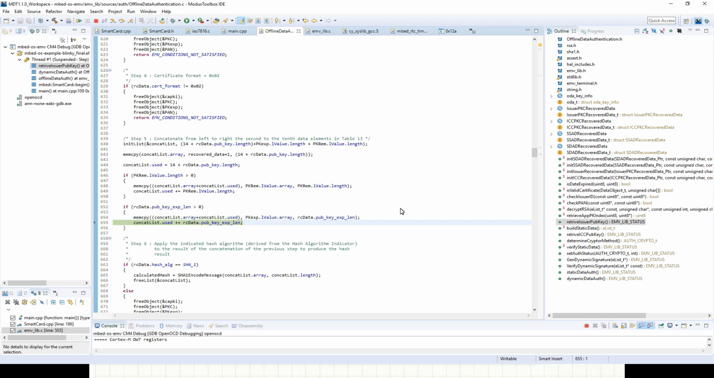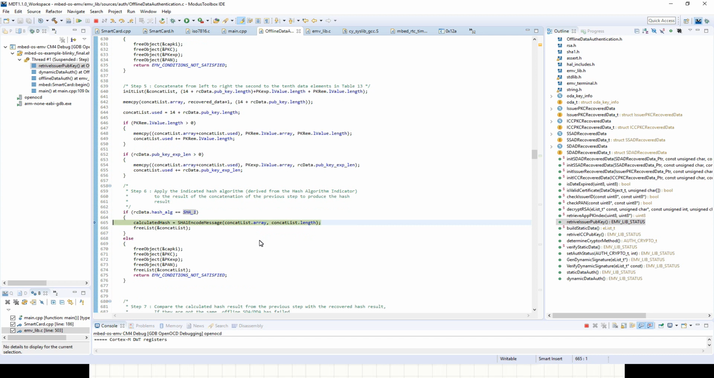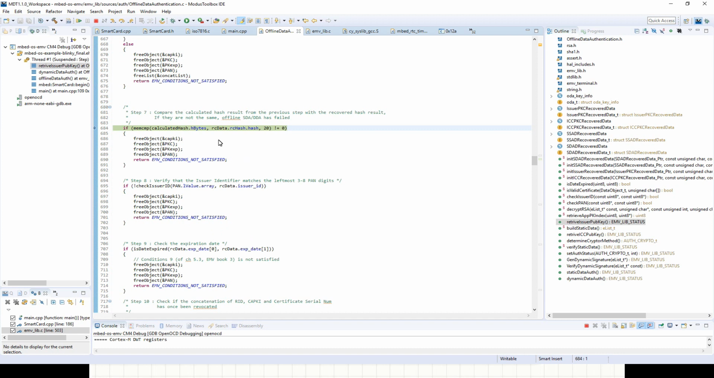And if they exist, we can also add them to the concatenation. And then now we have to do the encoding here. If we check the hash algorithm indicator and it is SHA-1, we encode it using the SHA-1 encoding. And after we encode it, these are just some free stuff to free memory. We do the calculation here to calculate the hashes,